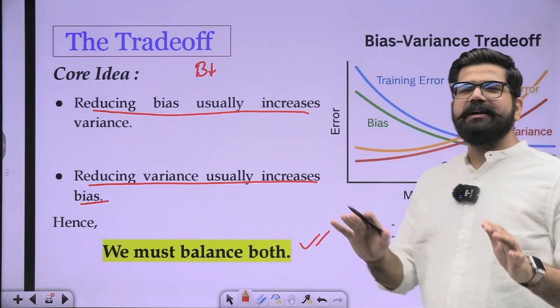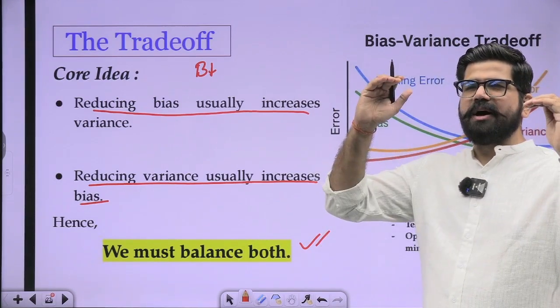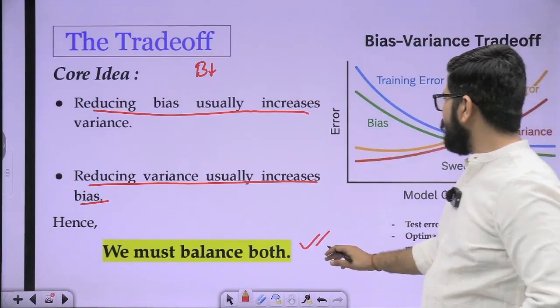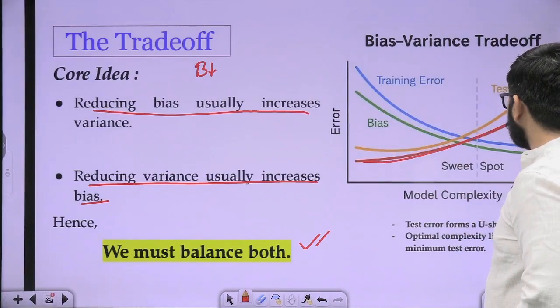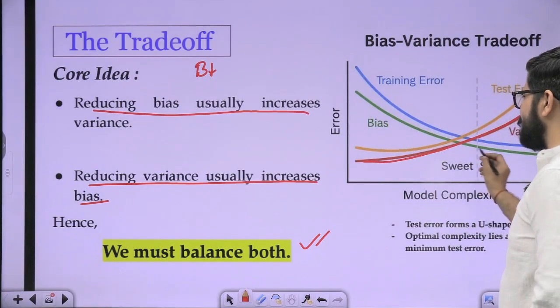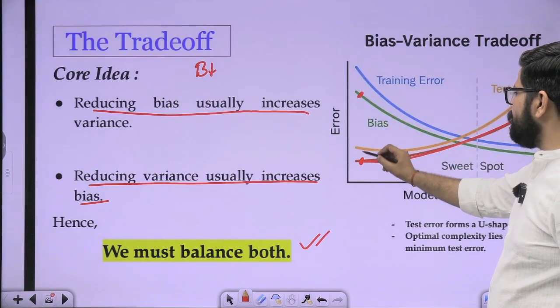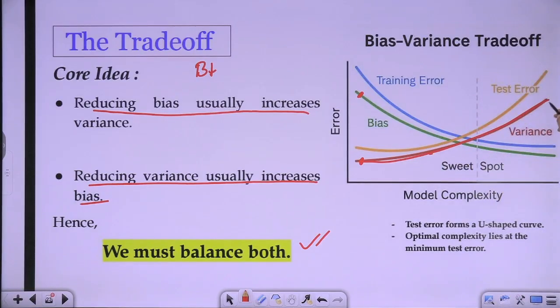So this is basically a trade-off, the bias-variance trade-off. If bias is too high and variance is too high, and you need to balance both of them, then that particular thing is known as a trade-off. You can see here as well, this red line reflects your variance, this green reflects your bias. If variance is low, bias is high. If you increase the bias, variance will reduce. If you increase variance too high, bias will be too low. So we can say we make a point